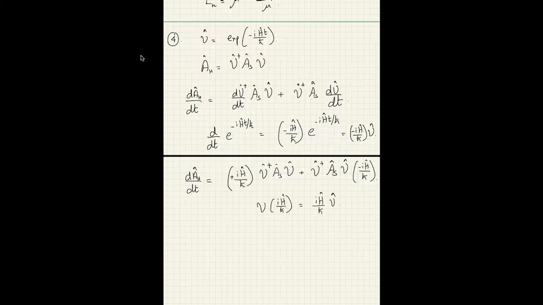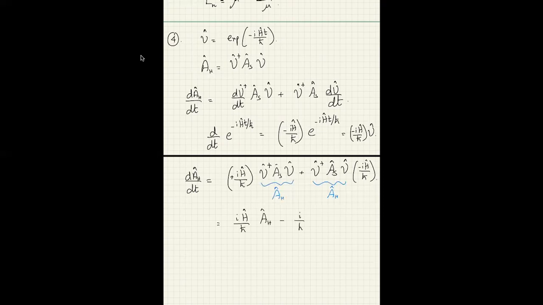So the last term, I can write this iH over h bar either to the left of U or right of U. They are both the same. So I'll take advantage of this fact. And whatever is remaining, this U dagger A_S U, is simply the definition of the Heisenberg operator. So this is equal to iH over h bar A_H